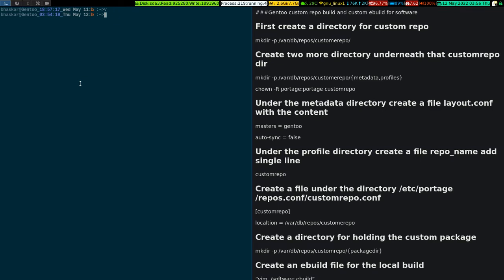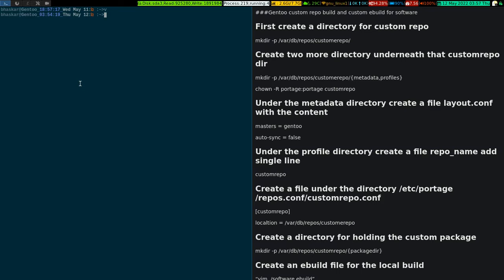I have my note file on the right hand side because I tend to forget, so I write it down and generate HTML and PDF out of my note, as I showed in my backlog video. So on the right hand side is my note file which I'm going to follow, and on the left hand side I have a terminal open. So the first thing first, Gentoo has a